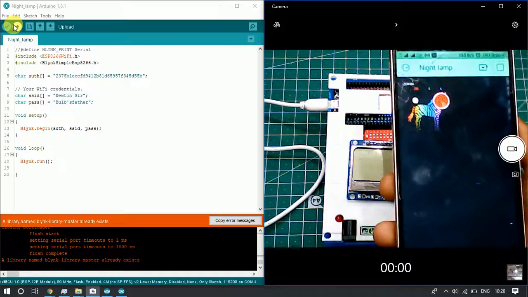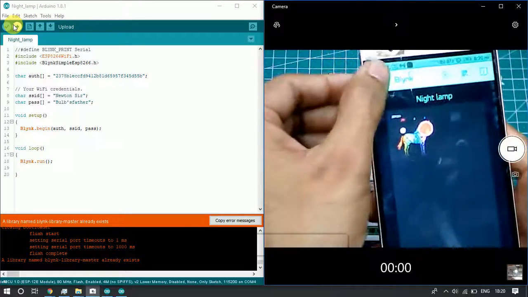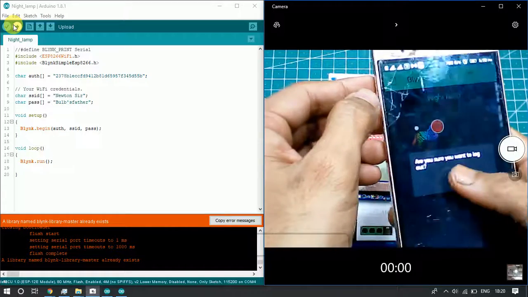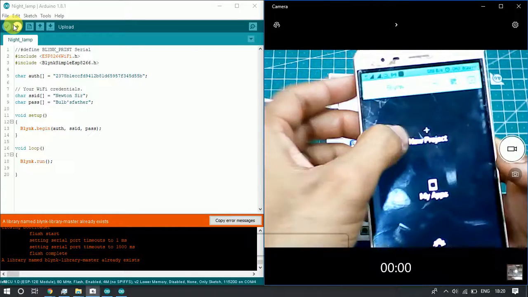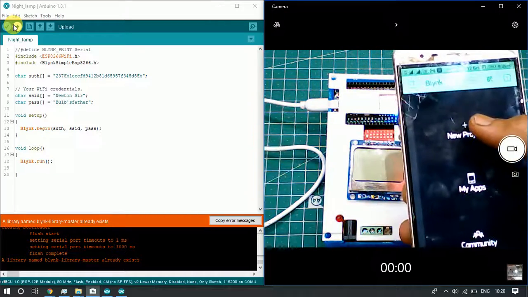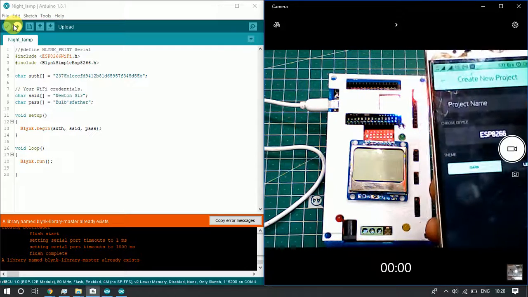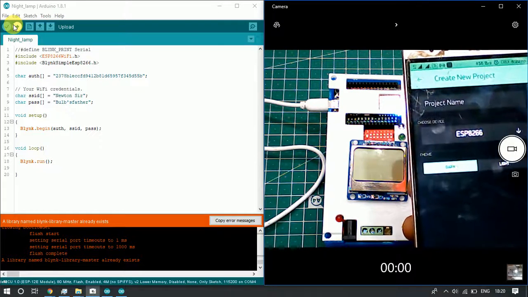Okay, so before uploading the code, let's first see the application, how we can set up the application. We'll start the application from the base. The Blynk application can be downloaded from the Google Play Store. The spelling is B-L-Y-N-K.